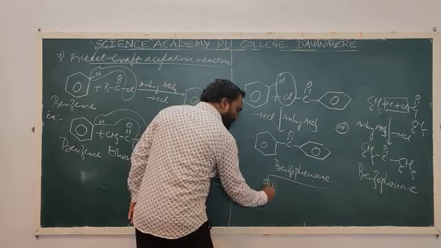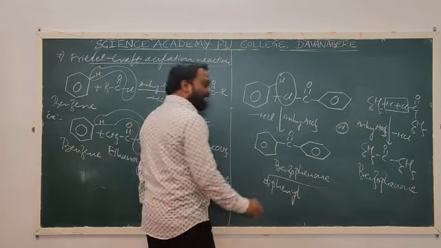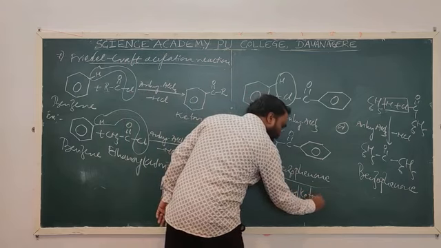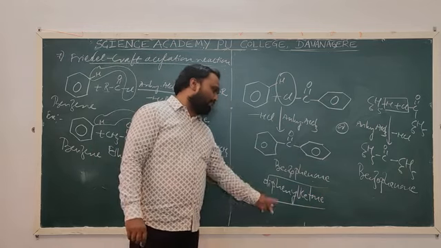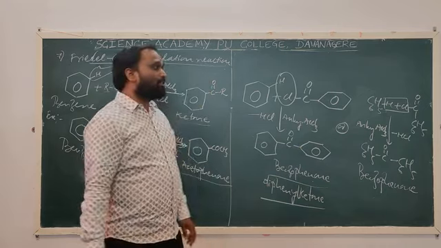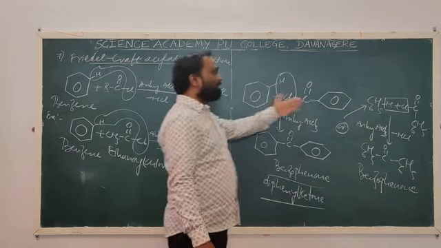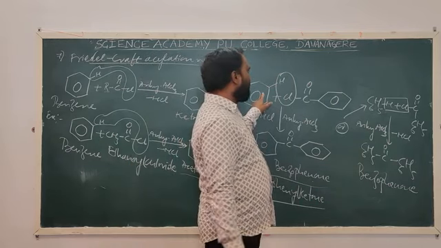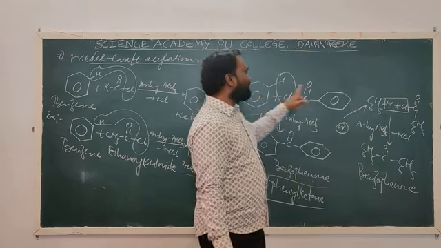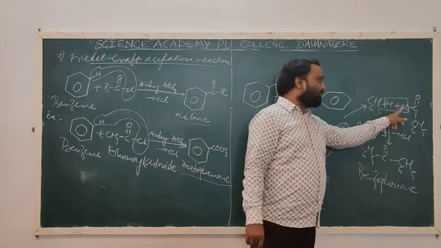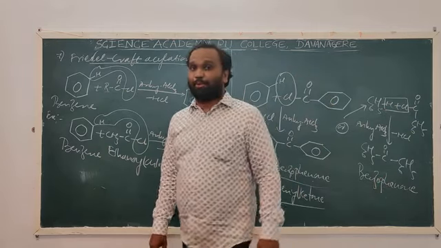There are two C6H5 groups, therefore it is diphenyl. Because of the presence of ketone functional group, it is ketone. So hence the name of this compound is diphenyl ketone, or what we call benzophenone. This reaction can also be written like this. In place of this ring, we can write C6H5H or C6H6. For our convenience, I wrote C6H6 as C6H5H. This H goes with the Cl as HCl in presence of anhydrous aluminium chloride to give benzophenone.